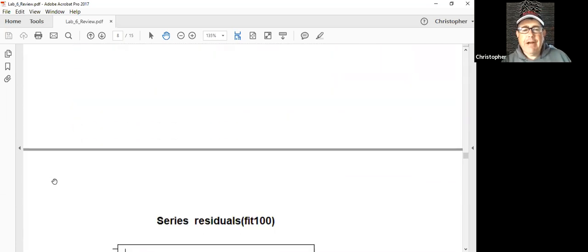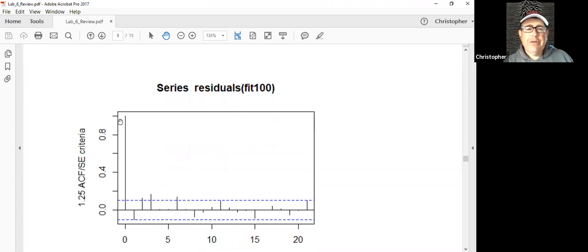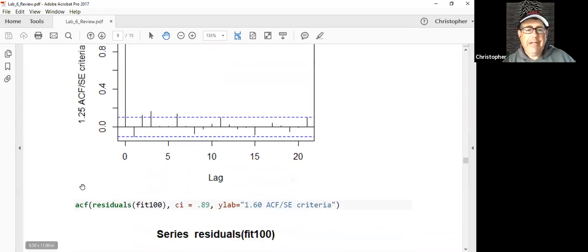See, again, I've done my graph. And one thing we can see is that the first autoregressive term is now just about within where we wanted it to be. That's not surprising because we added one autoregressive term. We've reduced the size of the second and the third, but those are still kind of popping up above those criteria. So I would say that based on just that, we haven't met the criteria.